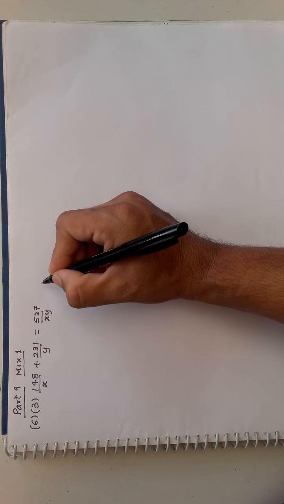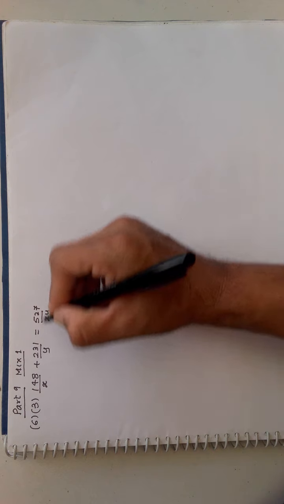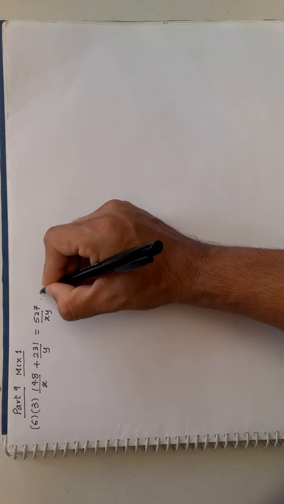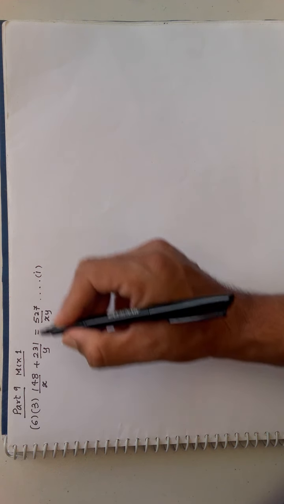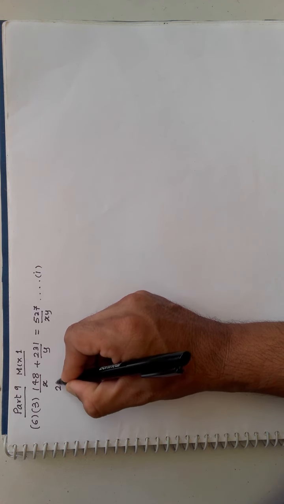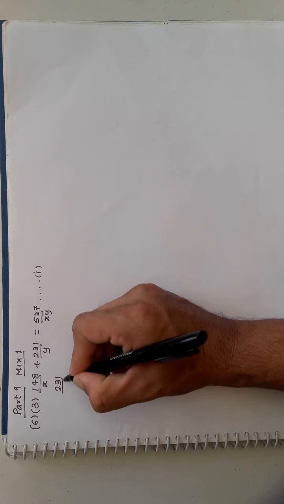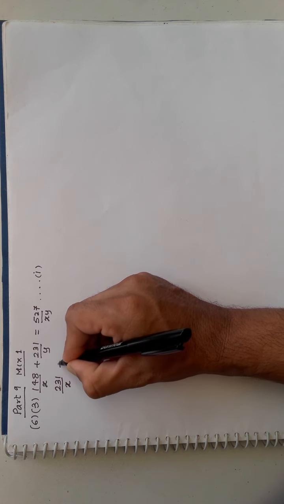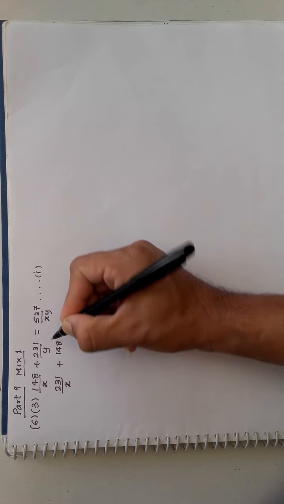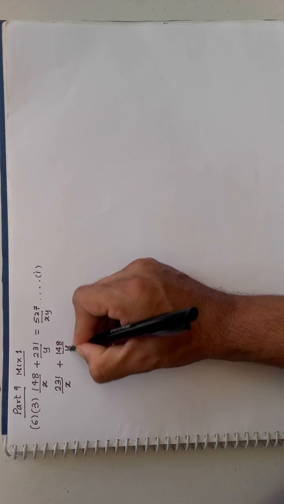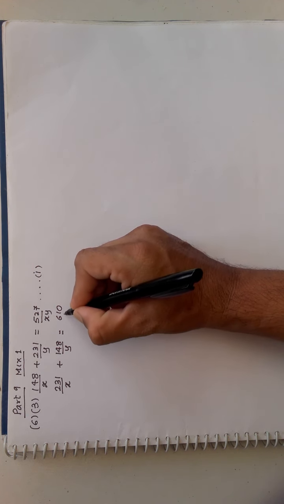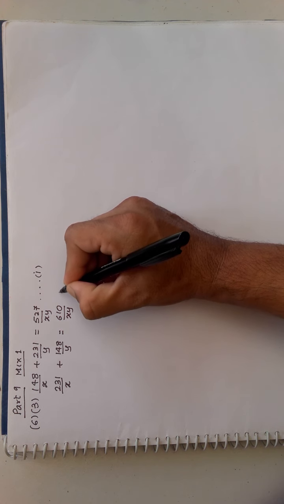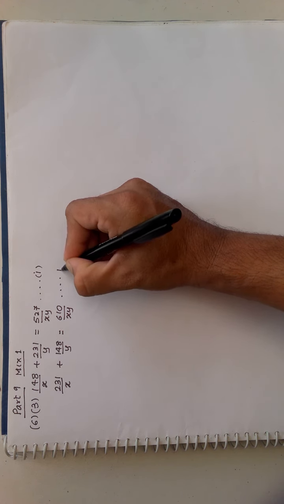Since there is no question of separating the variable and the constant, so I am just numbering it and later on I will think on it what to do. Next is 231 upon x plus 148 upon y. The figures seem to be very big. 610 upon xy. This is your second one.